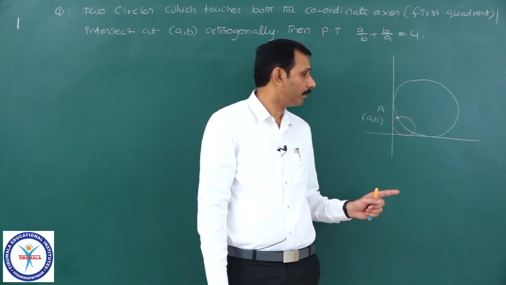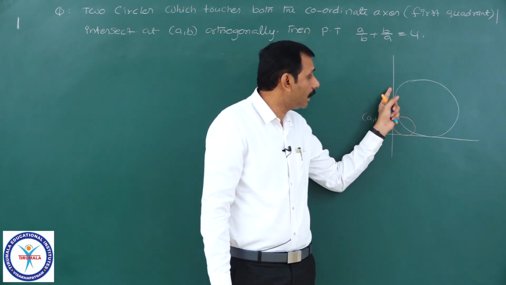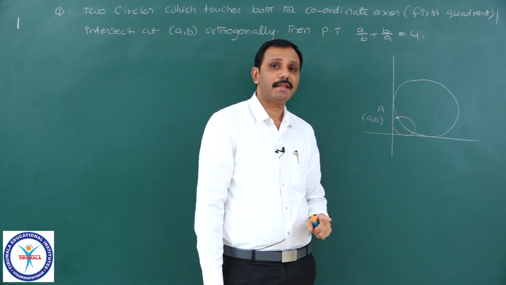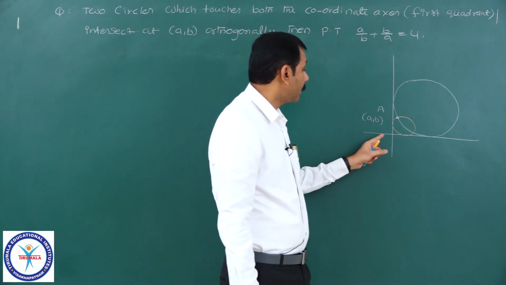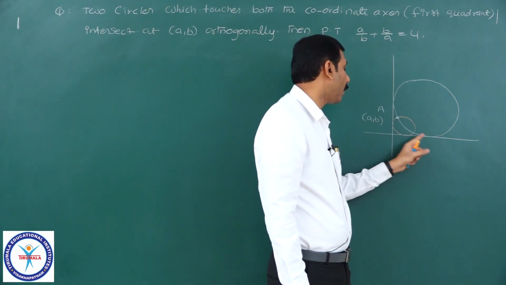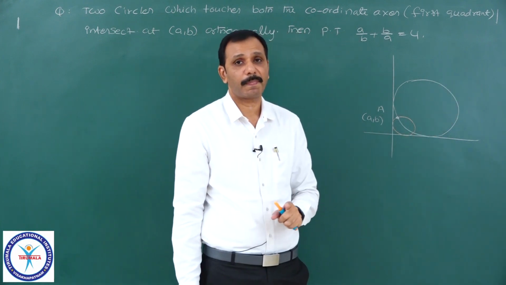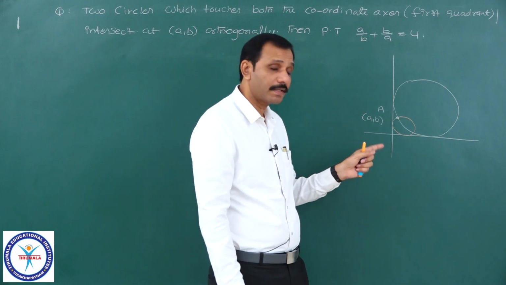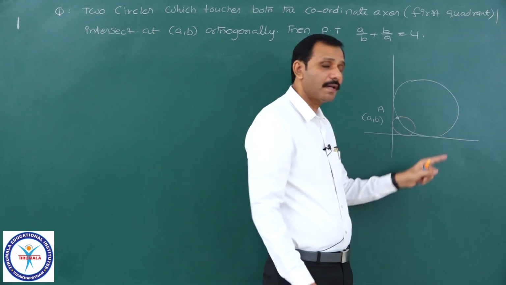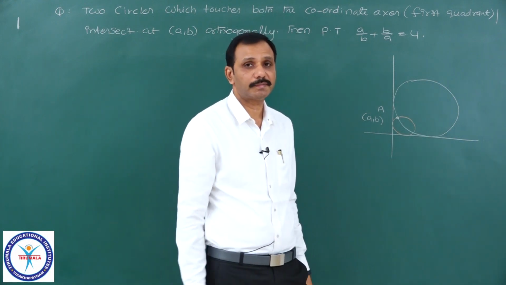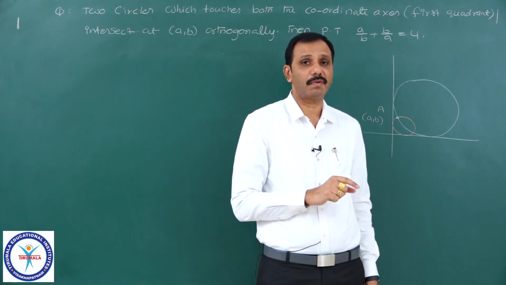And one point we already discussed in circles part 1. If a circle touches both the coordinate axes, then the center should be of the form r comma r, because the center lies on the angle bisector of the coordinate axes. Because it is the first quadrant, it should be on y equal to x. On y equal to x, both x and y coordinates must be the same, and so the radius is equal to that only. Meaning if I take r comma r as the center, then the radius is also equal to r only.